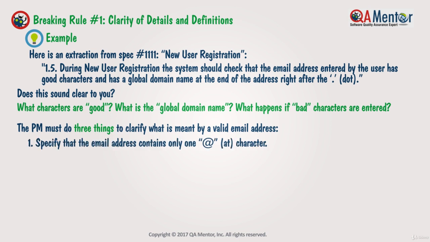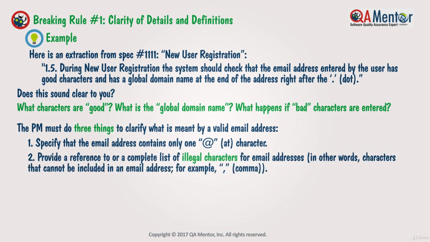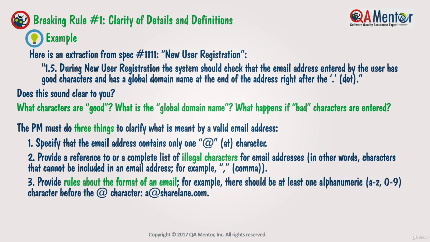Specify that the email address contains only one @ character. 2. Provide a reference to or a complete list of illegal characters for email addresses, in other words, characters that cannot be included in an email address, for example, comma. 3. Provide rules about the format of an email. For example, there should be at least one alphanumeric, A through Z, 0 through 9 character before the @ character,